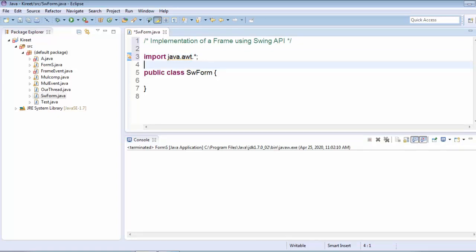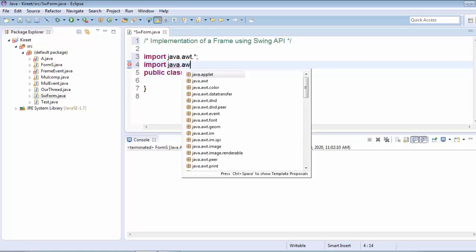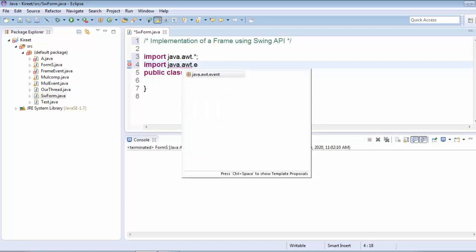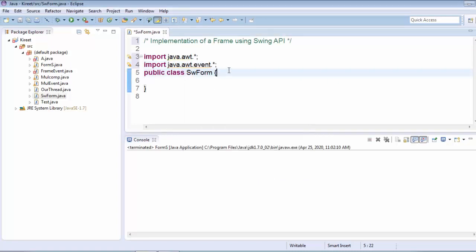If you want to use something like the layout managers, you can import that particular layout manager class, or if you want, you can import the whole library. Second is import java.awt.event.*. If I want to handle certain events, then I have to import this particular package.